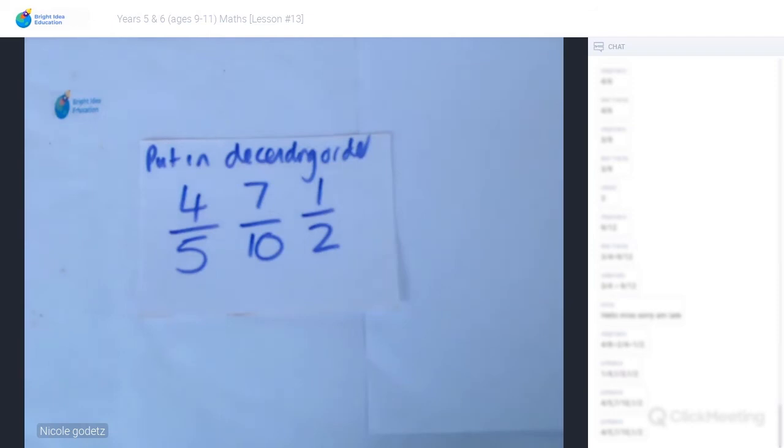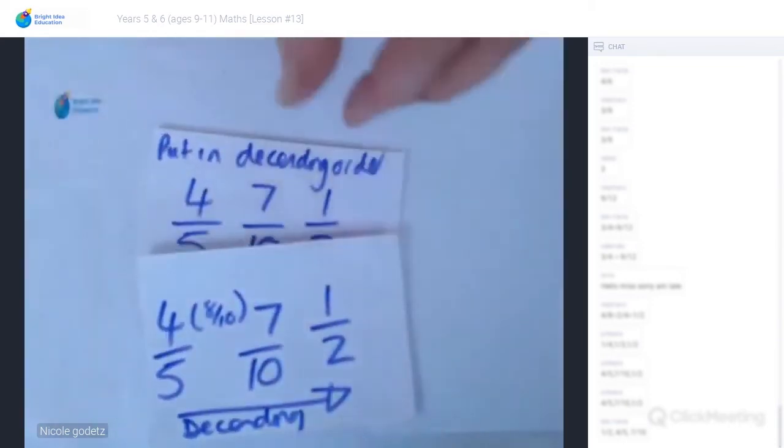Okay, so descend in order. You're going from best bit of pie to worst bit of pie, starting off with the best, the biggest first. The one before, ascending, was like ascending to the top of a mountain. You are climbing up to the top. This time you're at the top and it gets worse. First of all, you get the best bit of pie, and at the end you get the worst bit of pie. So, in descending order,